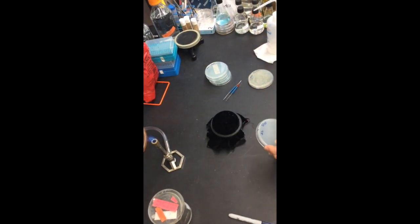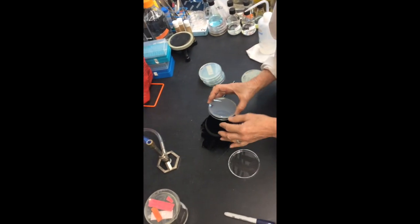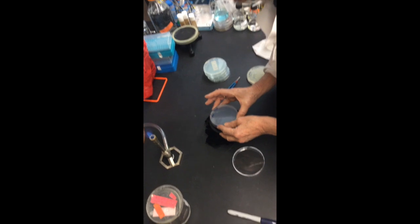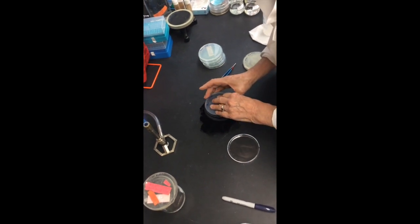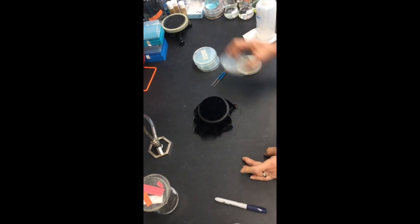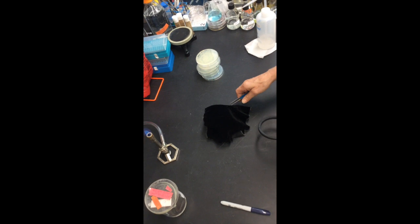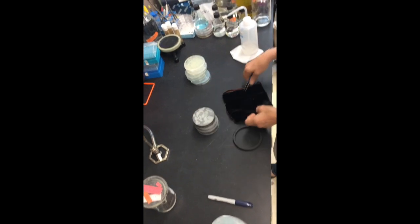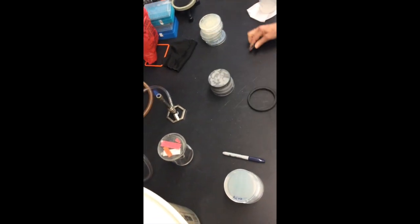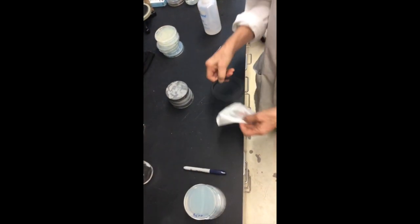And then our last one should be identical to this, and this is actually kind of a test to make sure that we didn't rub anything off or otherwise contaminate anything. So everything should grow on this because everything grew on the initial plate. And that's it. It takes just seconds. We are going to take this one off. We'll go ahead and autoclave that. And in the meantime, I will